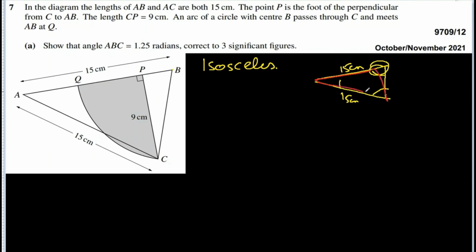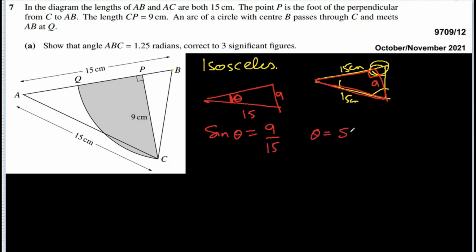This is 90 degree, correct? So this is 15 centimeter, this side, which is the hypotenuse of this right angle triangle, and the height of this triangle is 9. So let's redraw this again. This is 9, this is 15. Is it possible to find this angle? Yes, it is possible. We can use sine theta. Let's call this theta, which is opposite side 9 divided by hypotenuse 15. So theta becomes sine inverse 9 over 15, and that is